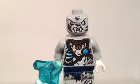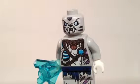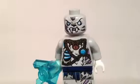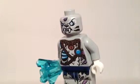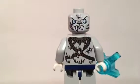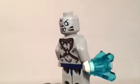And again, the printing kind of confuses me because I'm not up on the Chima storyline. So why does he have one eye? It's kind of like a monocle or something without any pupils in it. And then I'll tilt it back this way so you can see the other side of his head. Very cool looking figure, and from what I've been told and what I've tried to research, this is the only